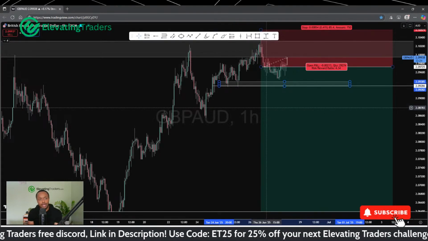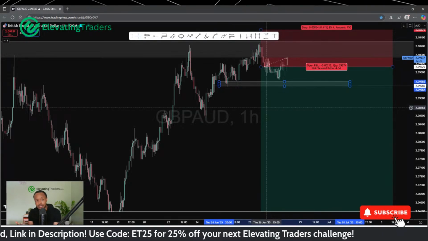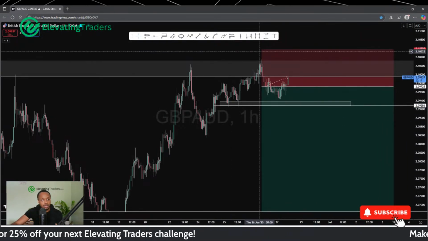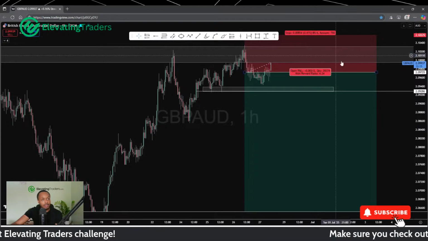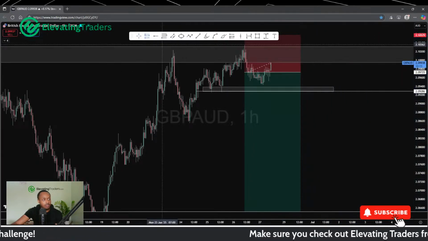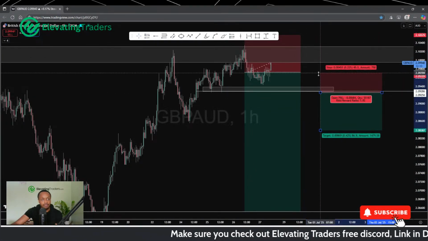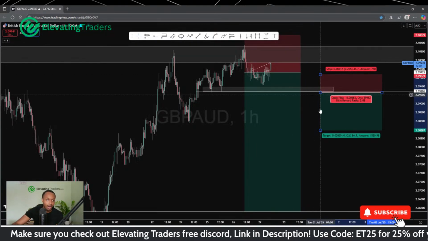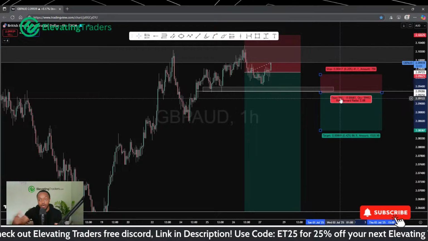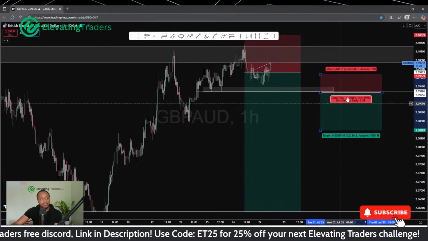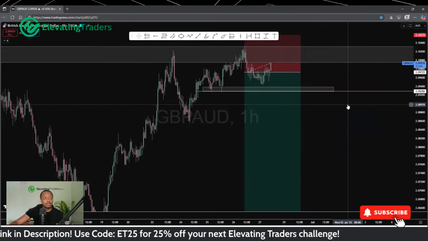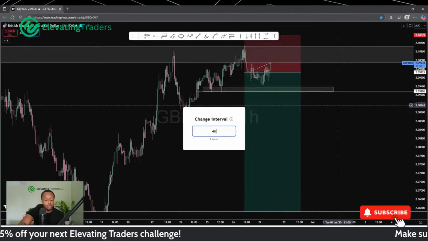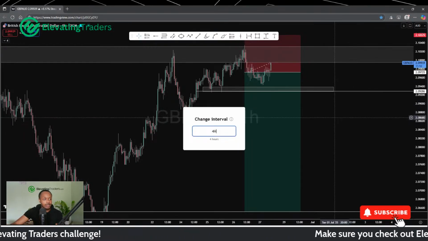Of course, waiting for that to break will mean that you enter a little bit later into the trade. So your stop loss would have to be a bit bigger, provided your stop loss is up here. If you are going to enter like this and wait for a retest of that area or something, then of course, if you have a stop loss somewhere there, it's a bit more vulnerable. It's not kind of at the highs there. You're a little bit more exposed to getting stopped out by a random wick. So you could wait for that to break first before entering. There's nothing wrong with that. In fact, that will provide you with a bit more confirmation that price can go bearish.